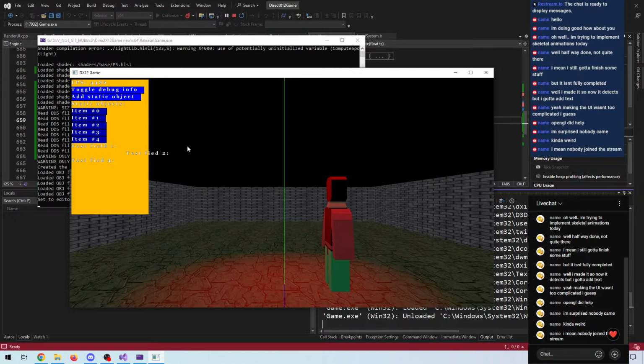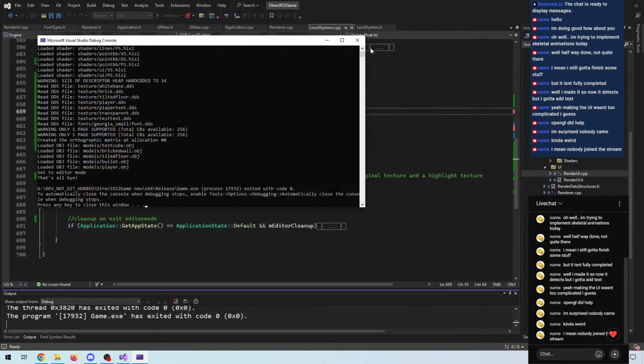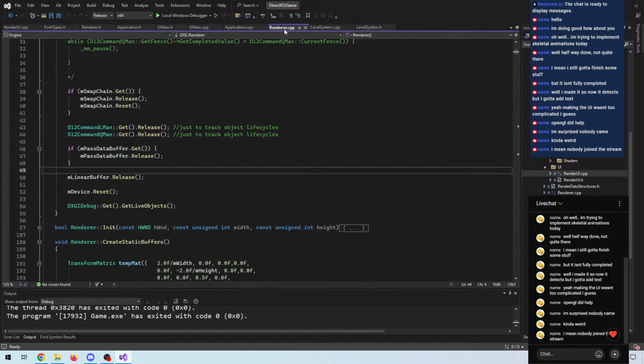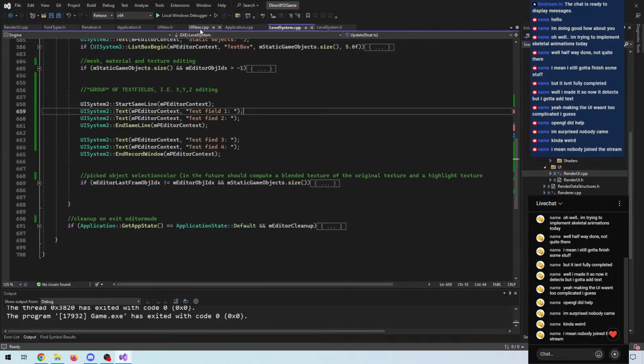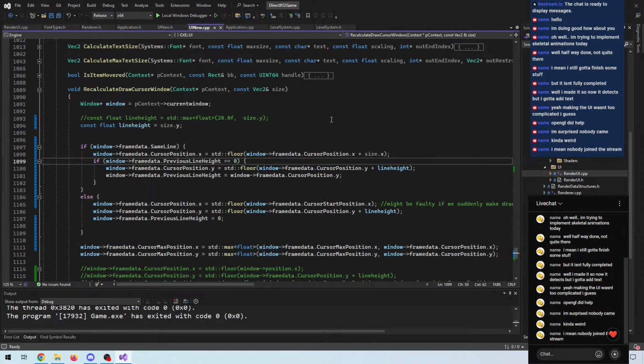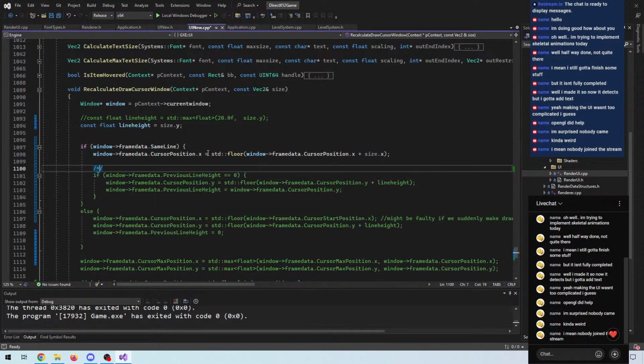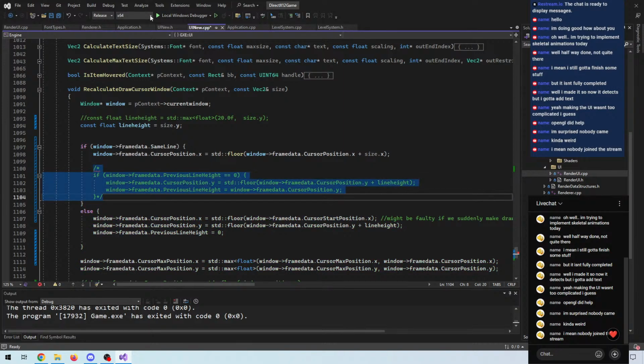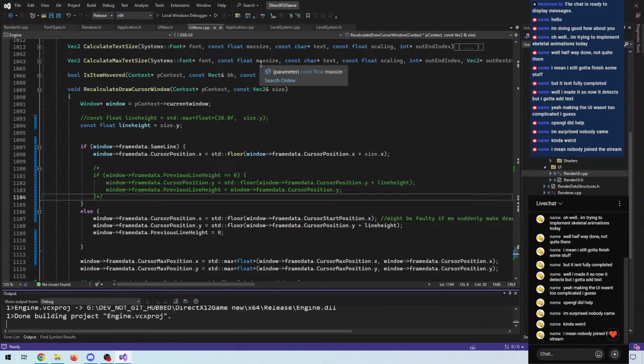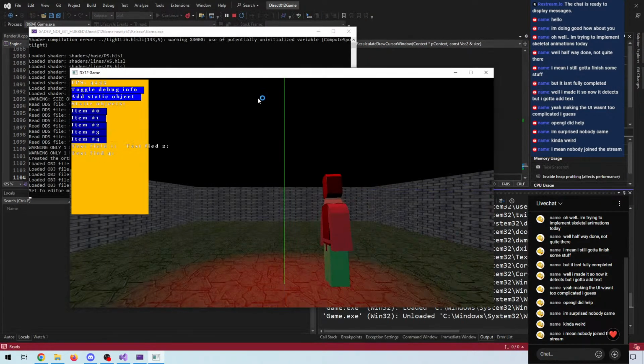So 1, 2, but they aren't. Let's see. Without this code here, 1 and 2 should be fine. Right. Yeah, 1 and 2 is on the